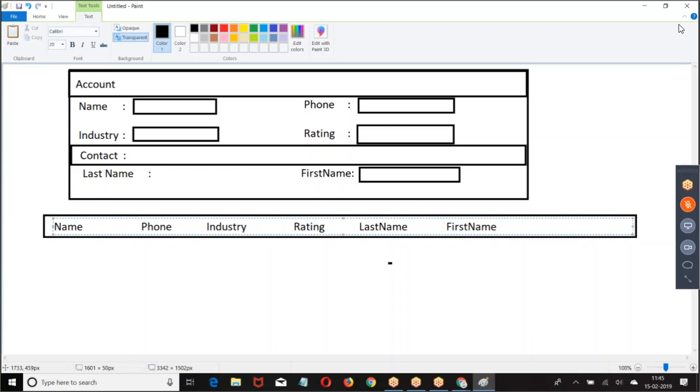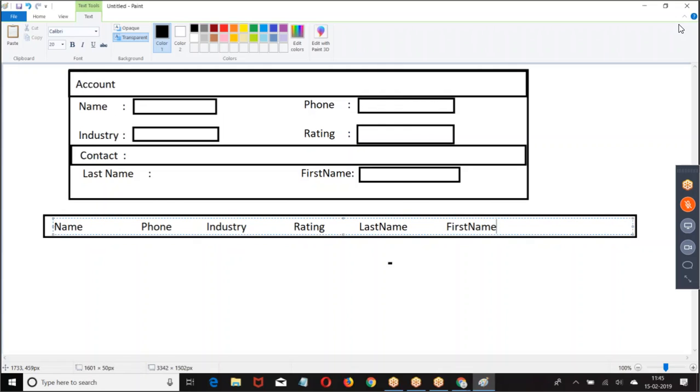Now, account and contact together is one record. Account alone I am not taking, contact alone I am not taking. When I say one record, it is a combination of one account and one contact. Now tell me, how do you create the data type? Already we have account, I can take it. Already we have contact, we can take it. But I want one account, one contact as a single record. Every record will be a combination of one account, one contact. Second record, one account, one contact. Third record, one account, one contact.